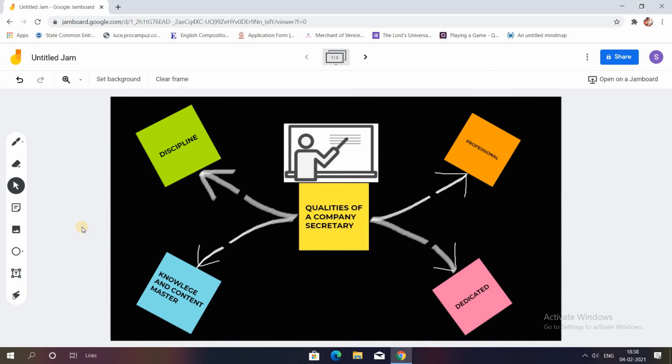And I would really recommend this particular application to be used by everyone out there, because there are many other applications which actually would ask you a hefty amount to be paid if you want to make use of such a collaborative tool. So if you have such a handy tool which is actually free of cost and so convenient, why not make use of it?